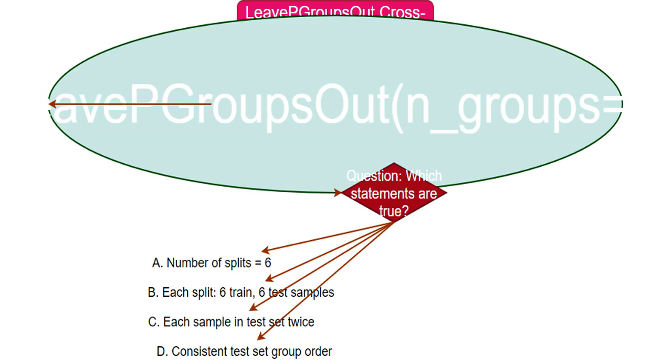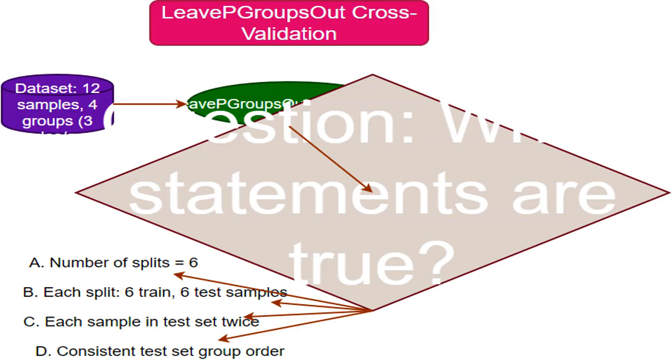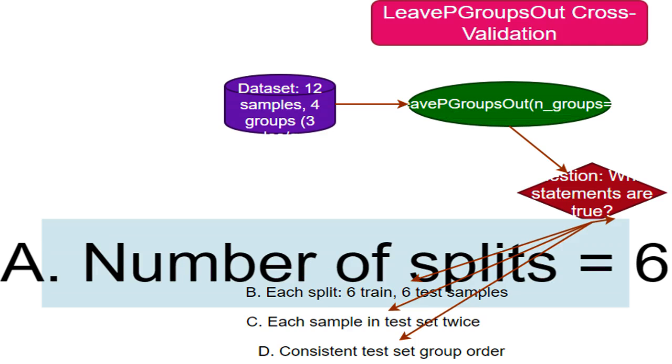I'm using the LeavePGroupsOut function with "n_groups equals 2". This tells the function to leave out 2 groups when creating each split for testing. For example, I might pick Group 1 and Group 2 as the test set in a particular split, and use the remaining groups to train the model in that split. The question asks which statements are true about the cross-validation splits I'm creating. It tests my understanding of the LeavePGroupsOut function's behavior. I'm calculating the number of ways to choose 2 groups out of 4 for the test set,